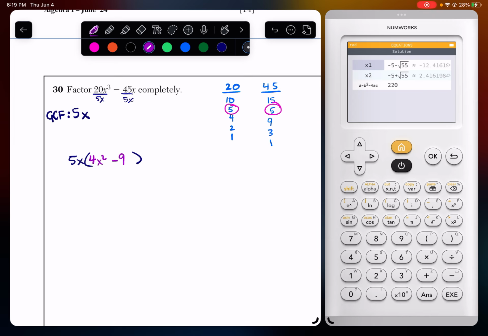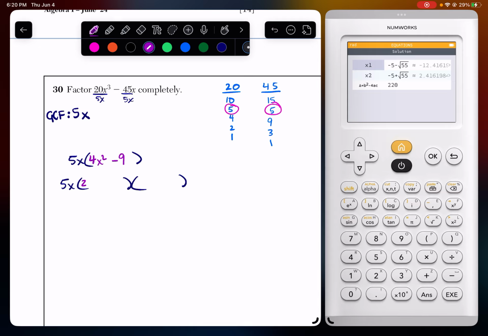Next step is I might notice that this is a difference of squares. So 4 is a perfect square, x squared is a perfect square, 9 is a perfect square, and they're connected by subtraction. So to factor a difference of squares, I'm going to keep my 5x, and then